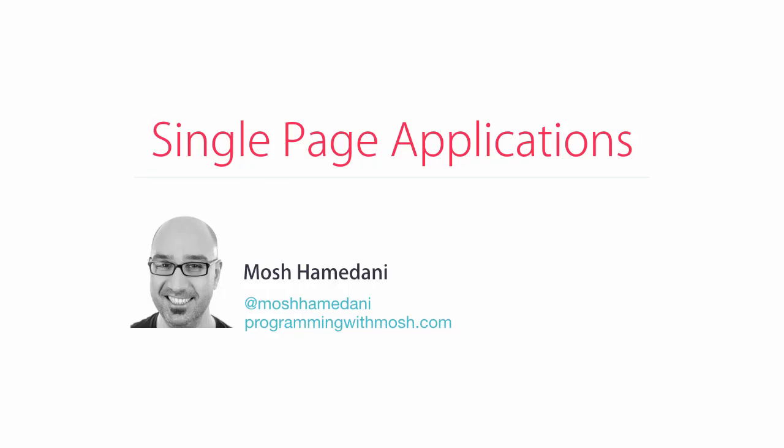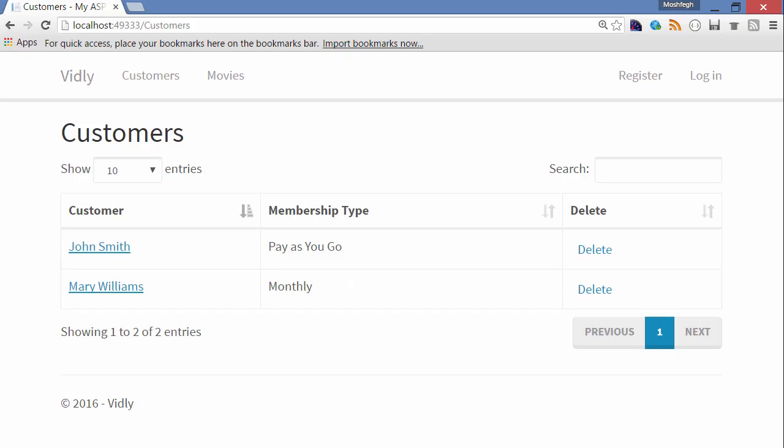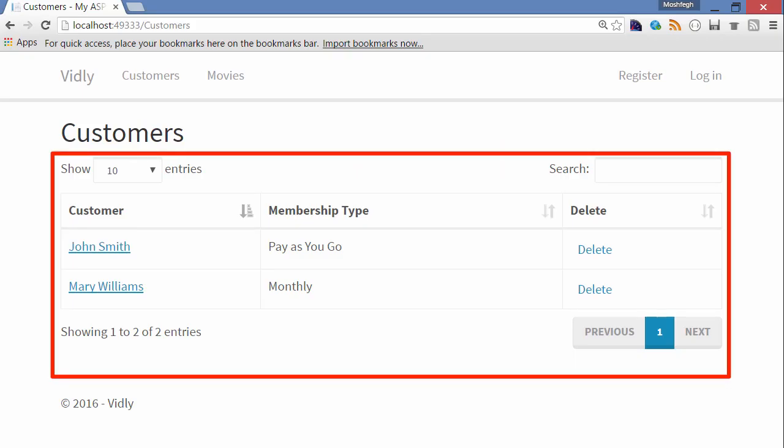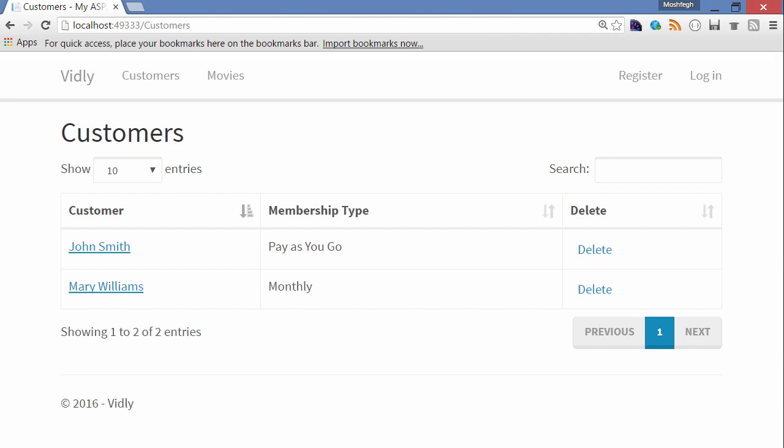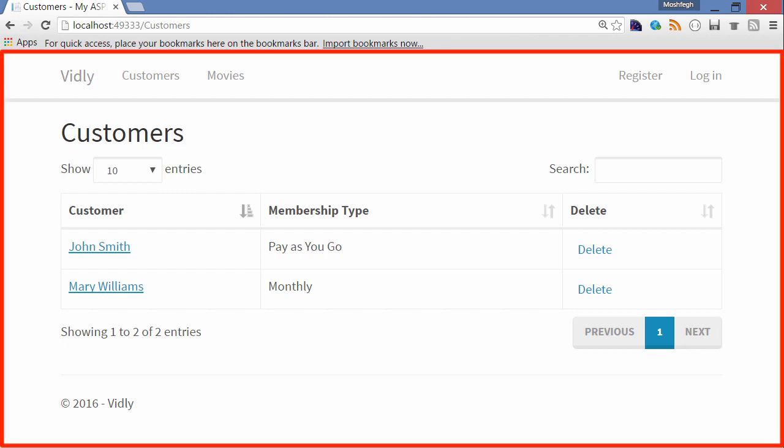Another topic I wanted to briefly talk about is single-page applications, or SPAs. So with our new implementation, we're generating the customers table on the client. In other words, we're generating a part of the view on the client. Now, we could take this to the next level and generate the entire view or the entire page on the